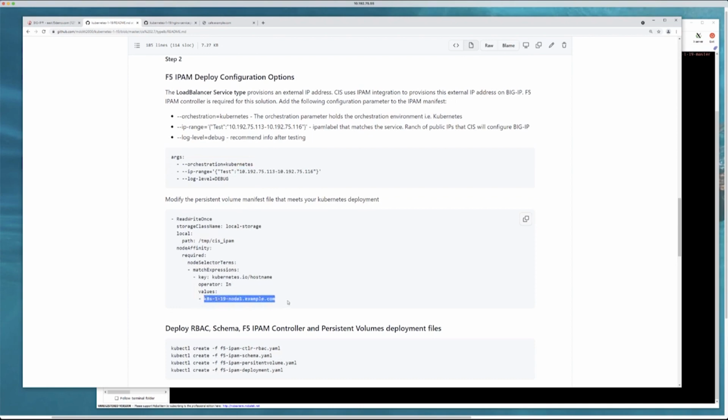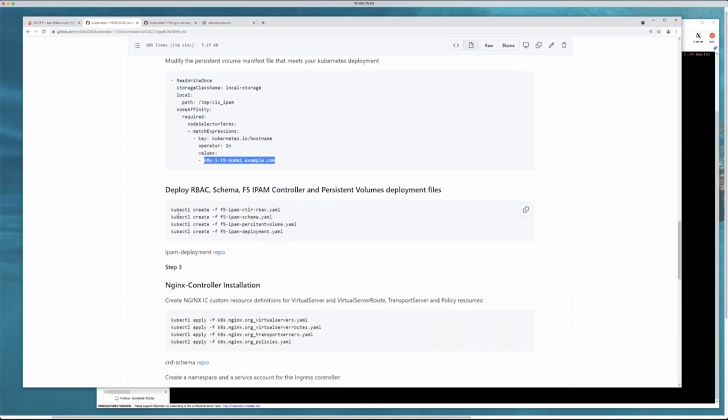Make sure that you specify where you want to create the persistent volume. I just use node 1 in this case. This is where I'm creating the volume. That's really all you have to do at this point, is just specify the value in this case. And again, it's in the repo. At that point, go ahead and create your